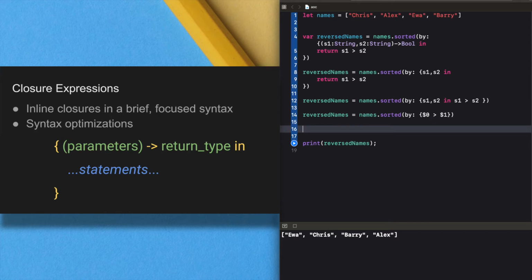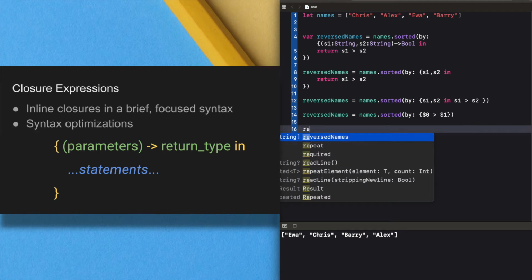This can also be optimized. Swift's string type defines its string-specific implementation of the greater-than operator as a method that has two parameters of type string and returns a value of type Bool.